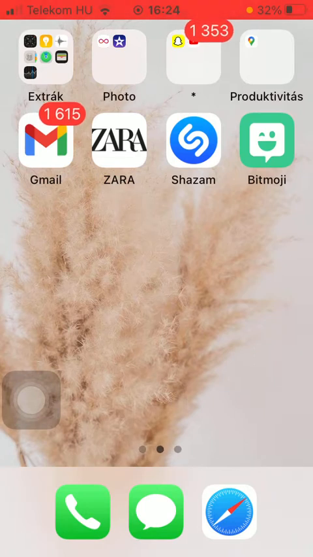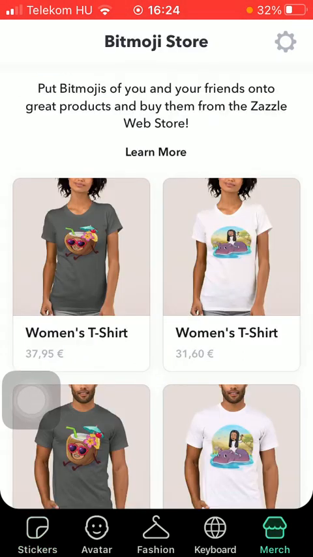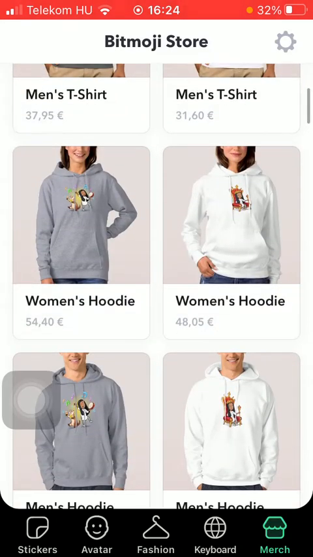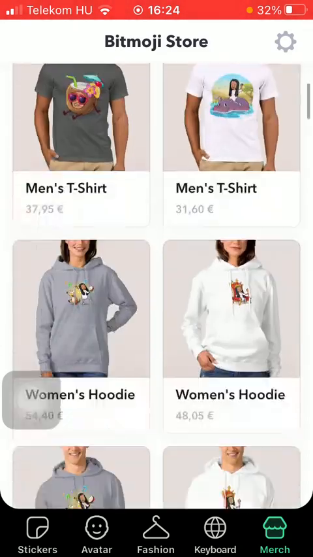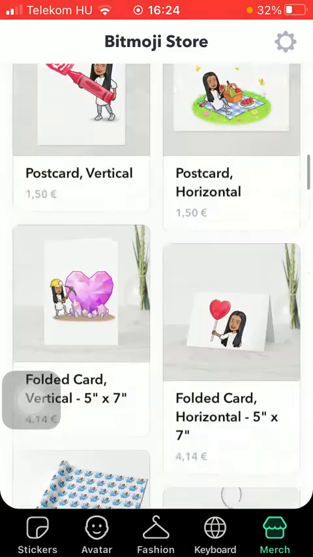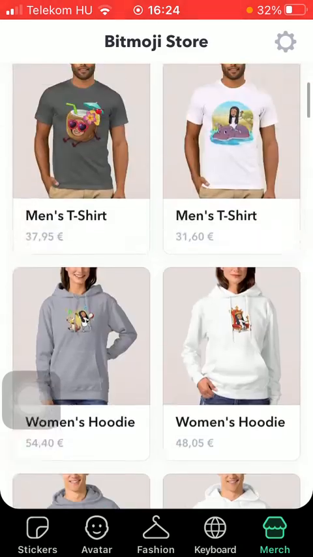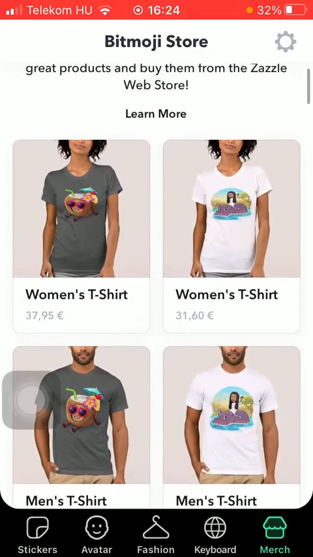First of all, open the application on your phone. Then you should click on the merch icon down below, which is the last option. As you can see, there are your Bitmojis put on particular products and several products, such as cups, travel mugs, or even hoodies. So if you are interested in purchasing any of these, you just simply need to tap on